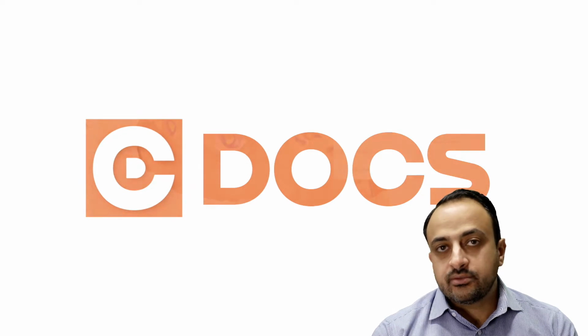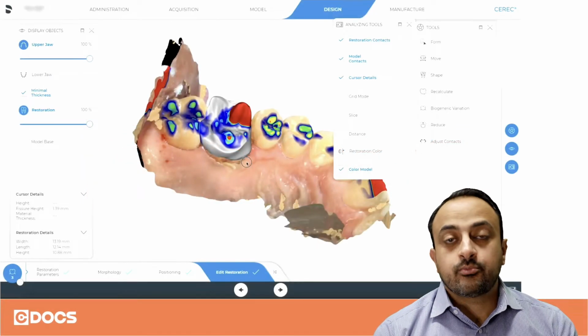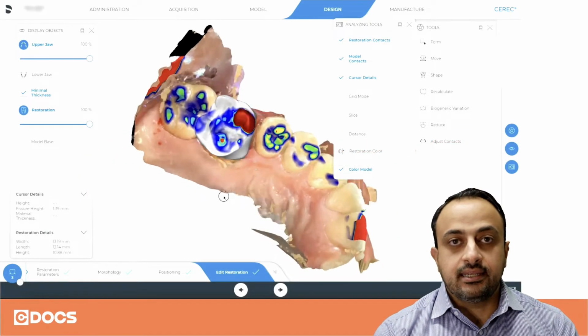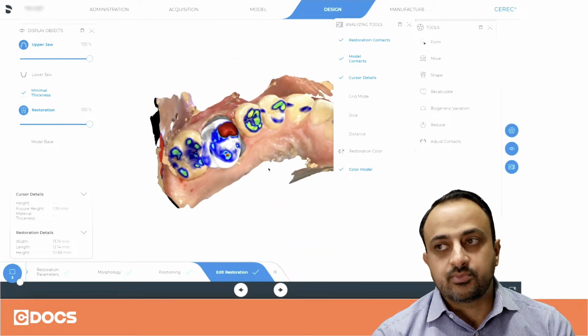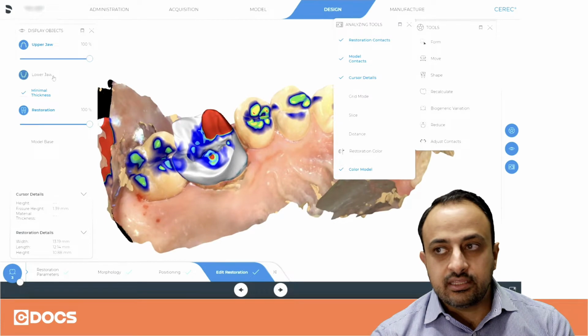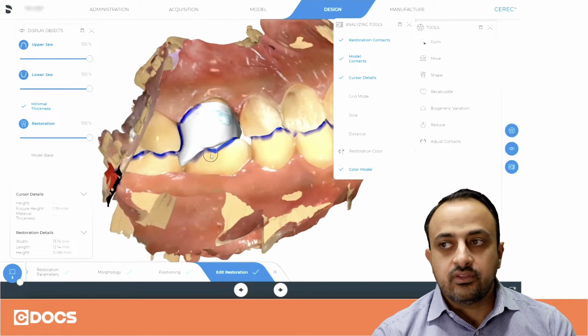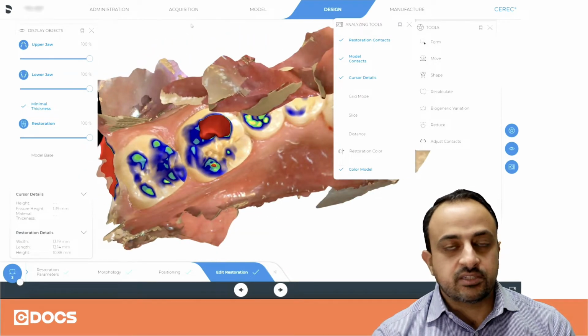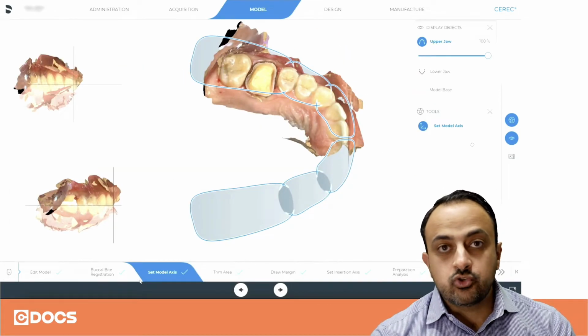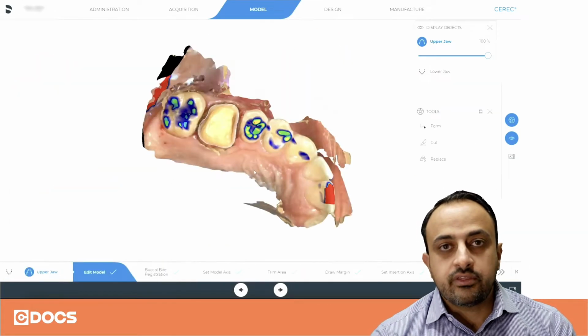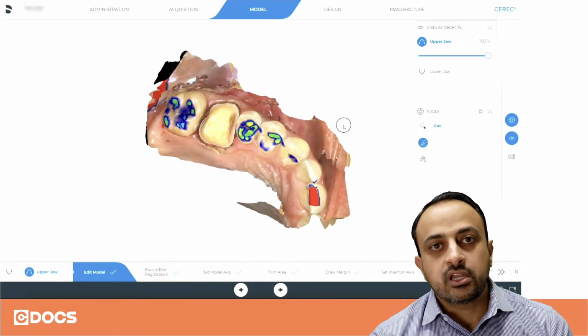Today I want to go through some troubleshooting steps when we end up with proposals that may not be ideal. So as you can see on the screen here, there's obviously a problem with this proposal. It's penetrating into the opposing dentition. Even though there's plenty of reduction and space in there, for some reason the software decided to create this unusual looking crown. So one of the things I typically do when I troubleshoot is I'm going to go back to